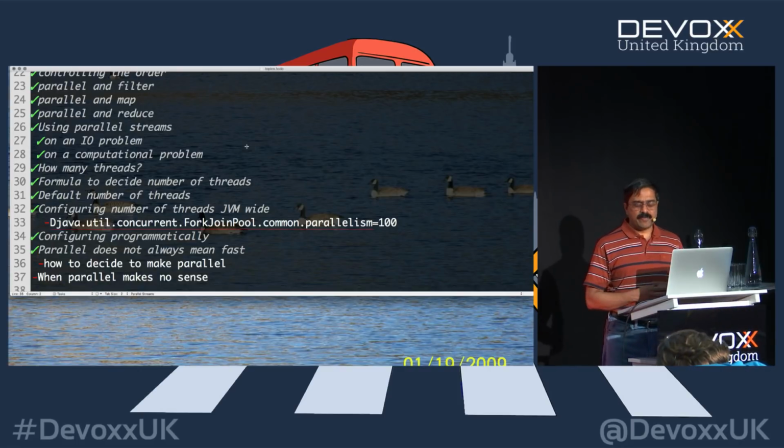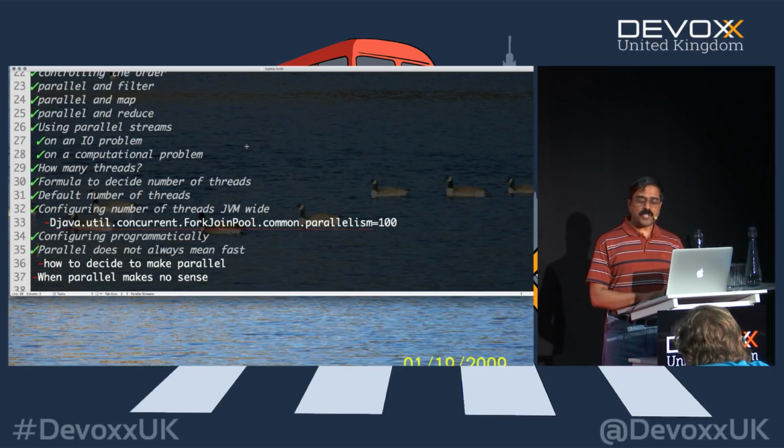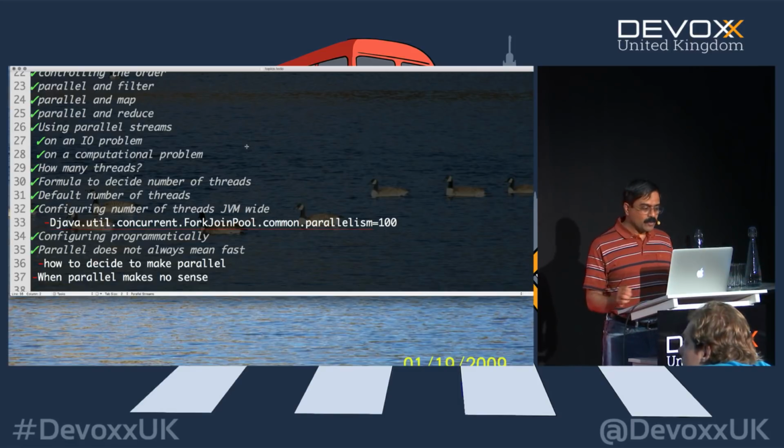I'll give you a really trivial example about this. Imagine you have 2 children at home. You're running out of sugar. You tell the kids, hey, why don't you go to the neighbor and get some sugar? One child jumps the fence. The other child goes to get the bike. You know which child is going to get you the sugar first? The one that jumps the fence, because that's the easiest way to get to the neighbor, isn't it? So in that case, you really don't want better performance. You want really a much more direct access through jumping the fence in this case. Just because you have parallel doesn't mean you'll get better performance.